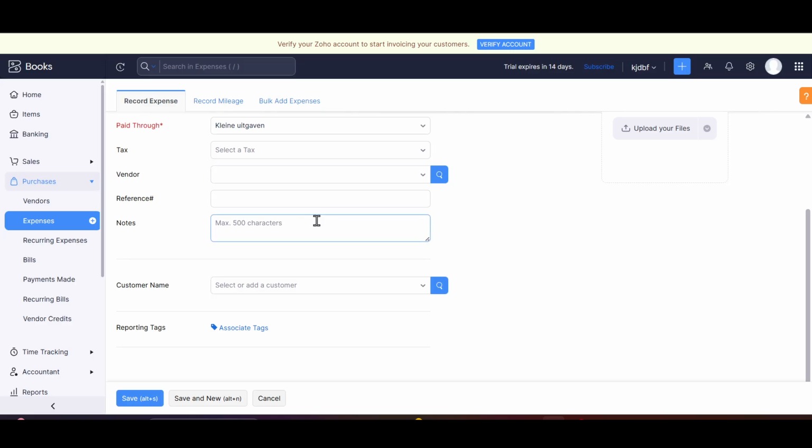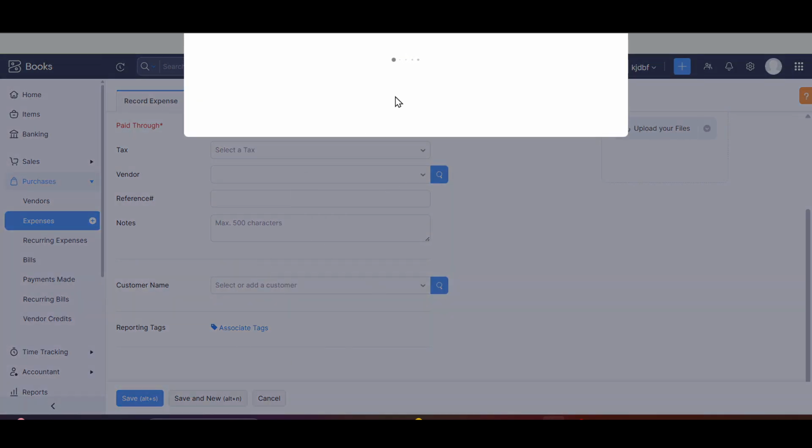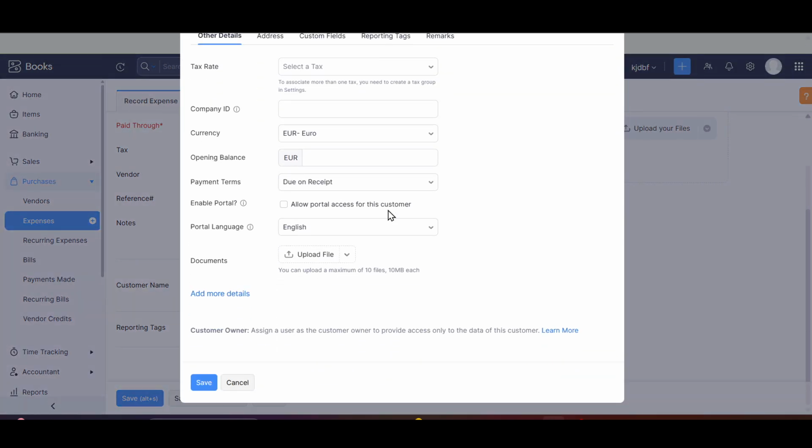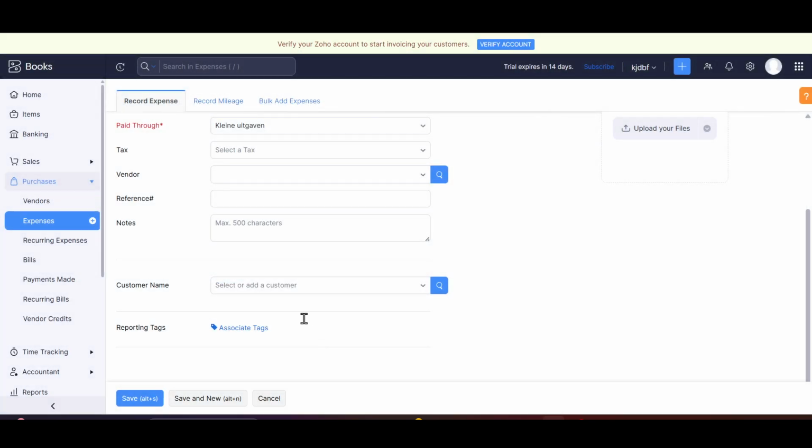And here is the notes section if you want to add any note, or if you want to upload any files, click on upload your files and then you can upload the files from your computer, and then add the customer name. If it is on the recent list, you can just select it. If you don't have the customer that you're looking for, click on new customer and then enter the details of that customer. And when you are done, just simply click on save